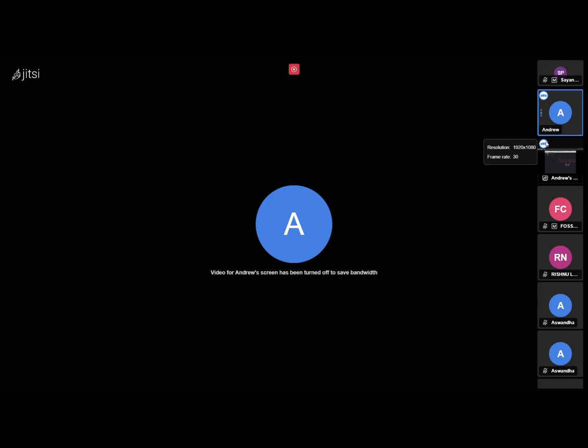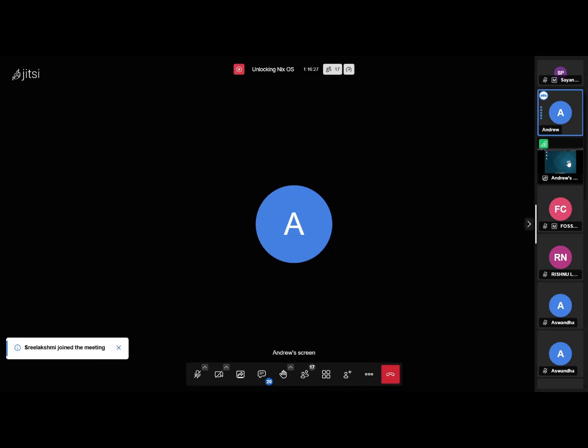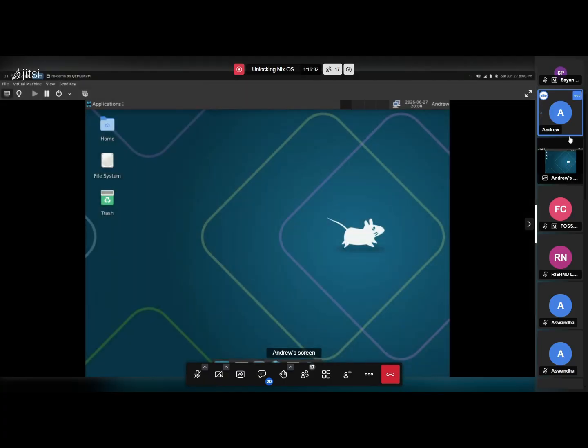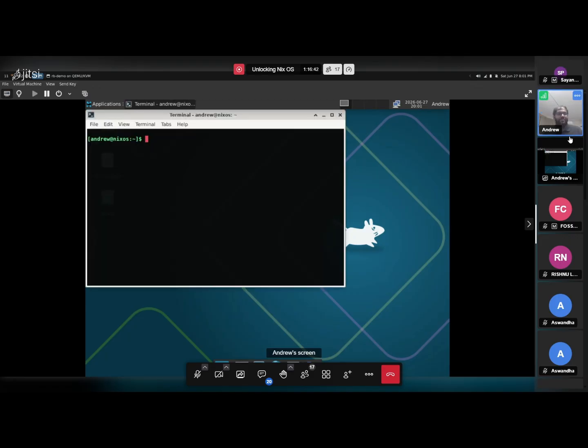Now, if I reboot the system, if I come back, we should have XFCE again. It's really cool, right? I cannot break my system, because even if I break my system, I can just go to a previous generation, fix the thing, and then come back. It's more cool when you use something like Git. So my configuration, for example, is there in GitHub. Break my system, I can just go to the previous commit, apply that, fix it, and come back, right? And then maybe when I'm free, I can just basically come back and do this.